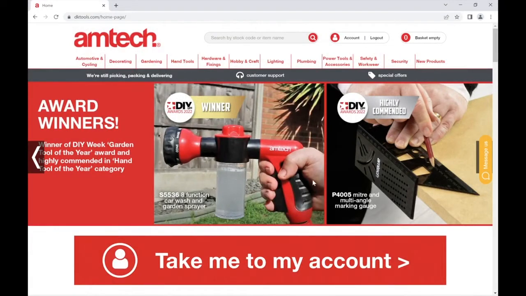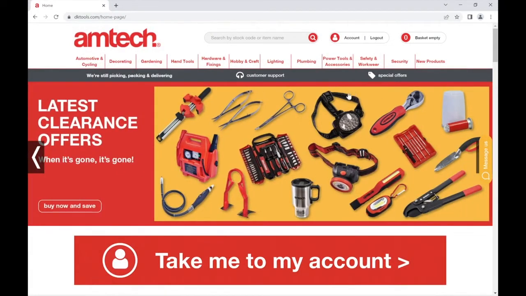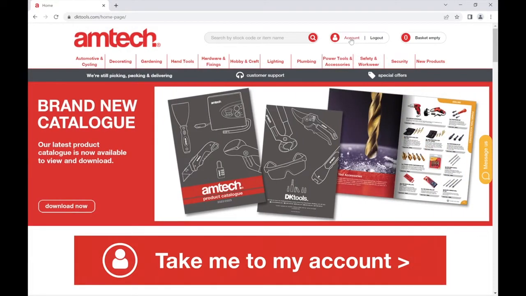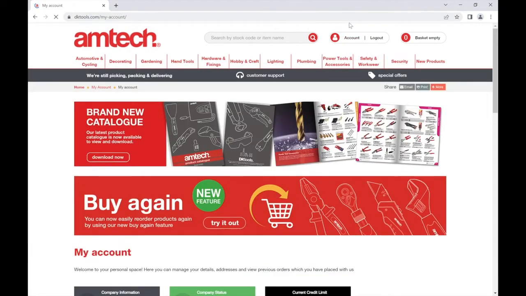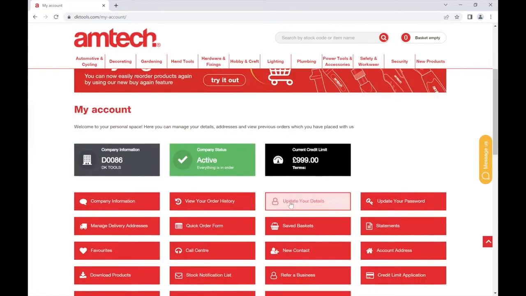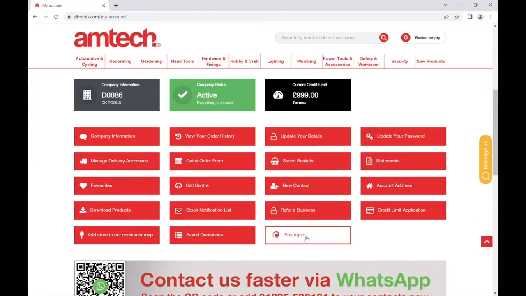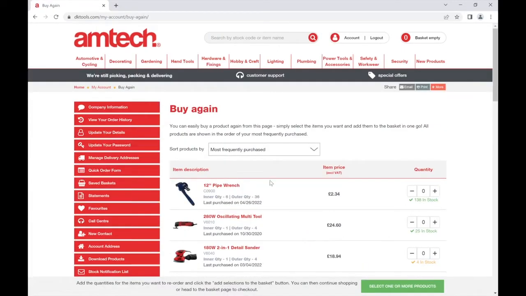This video will talk us through the Buy Again feature. So from the home page, you can access the Buy Again feature from My Account. If you select My Account here, there's a box that says Buy Again. If I select through there, in essence, this feature allows you to reorder items from DK Tools quickly and